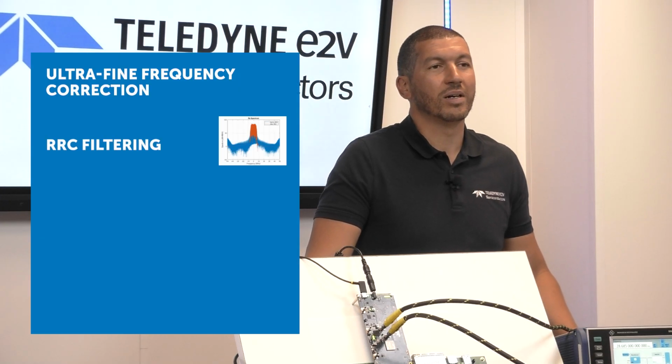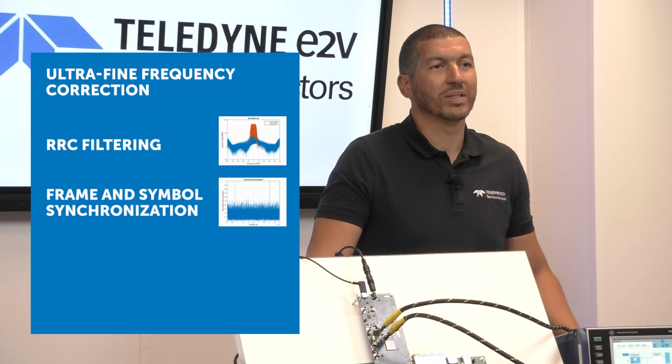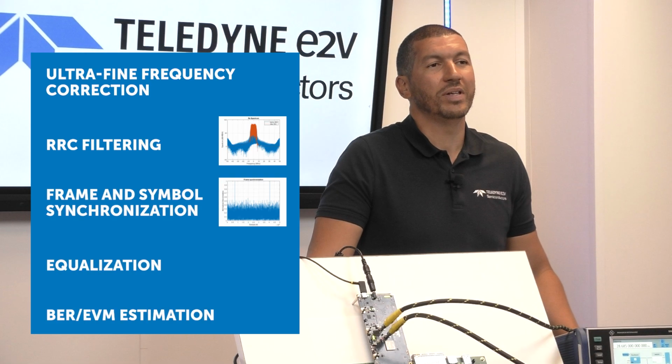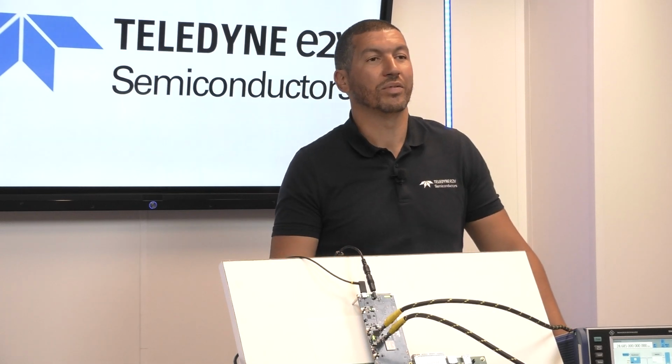The PC handles the remaining steps: ultra-fine frequency correction, RRC filtering, frame and sample synchronization, equalization, and the BER and EVM estimation. The result is a clean constellation diagram and zero BER under ideal conditions, confirming the integrity of the signal